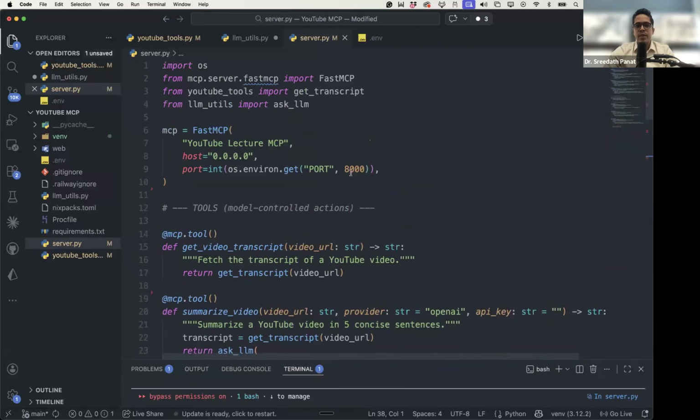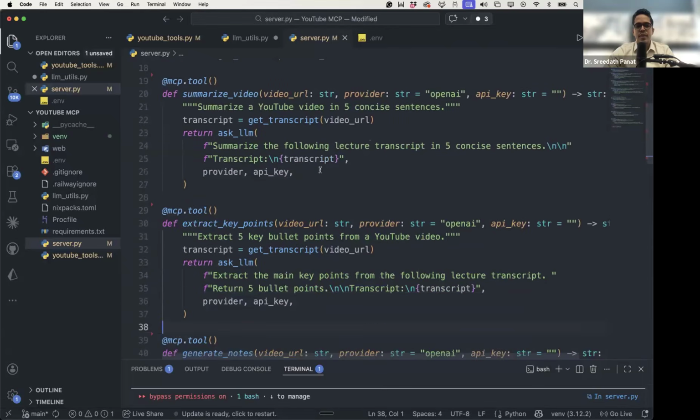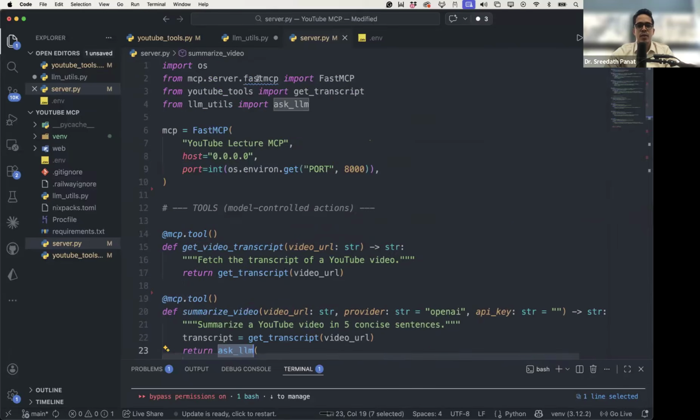Oh, okay. There is a question. Why should the server know about the LLM? So basically here I am passing the API key in the server function. In the MCP tool function here, I am passing this. And this is being passed into this ask LLM function. Ask LLM is over